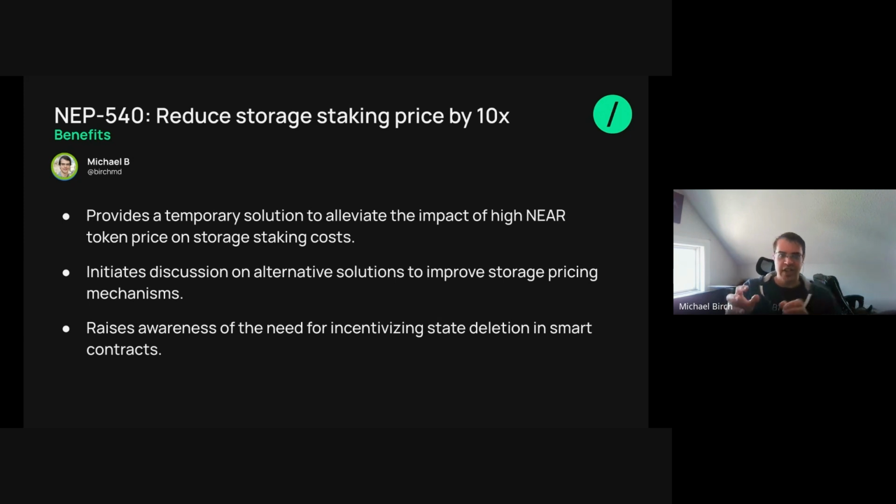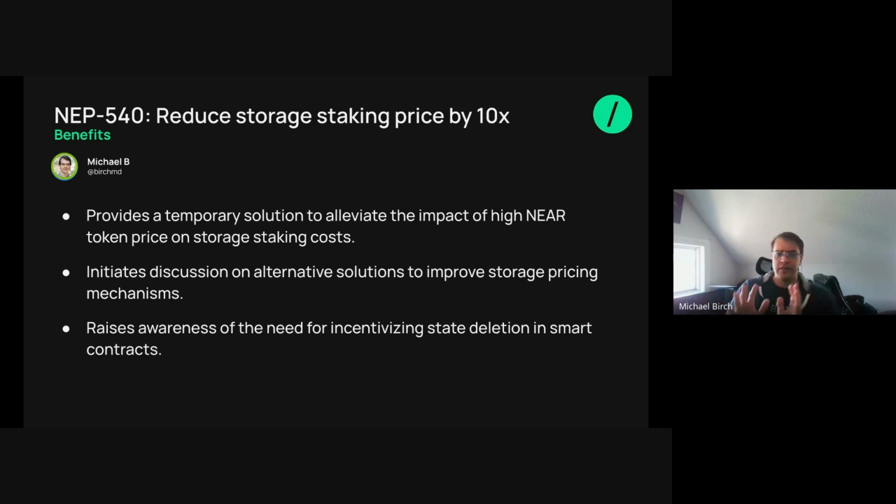So we call this storage staking because you can delete that data and then your minimum balance is reduced correspondingly. And so you can free up those Near if you wish. So the idea behind this was, it provides a persistent cost to storing things on chain because that Near is locked. You can't do anything with it. But it also is recoverable in the sense that if you delete the data, you get that Near back and you can do other things with it. So that was the idea.